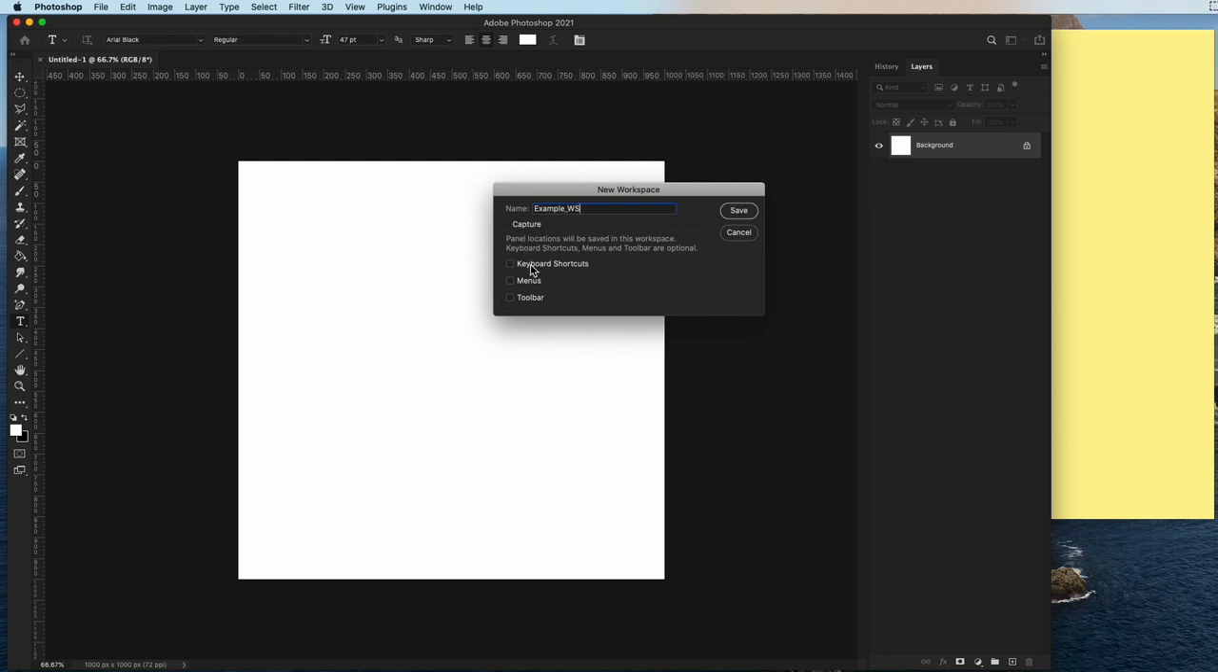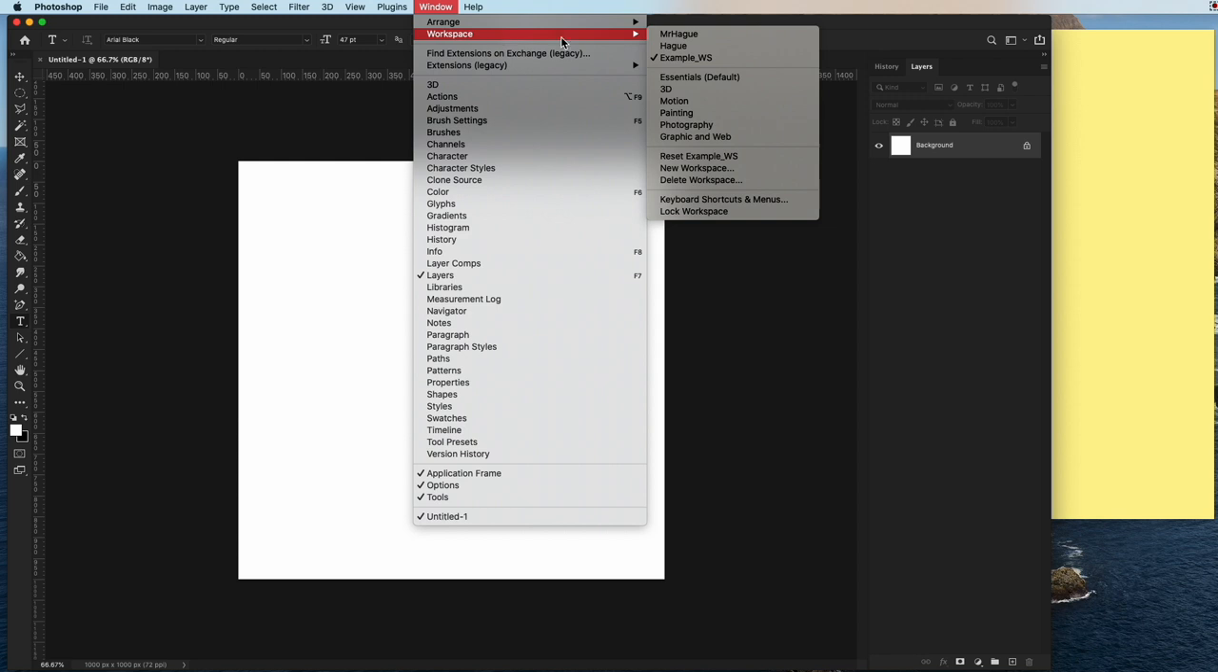So I'm not going to bother with these. It's not a big deal. And I'm just going to go ahead and save it. All right. So now I am going to look at Workspace, and there it is, Example. So if I go to Essentials, okay,